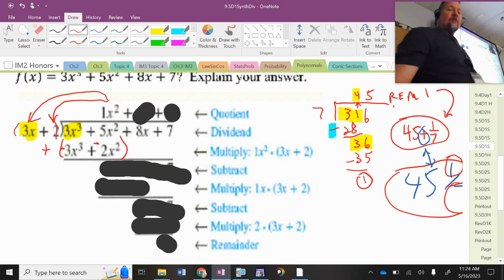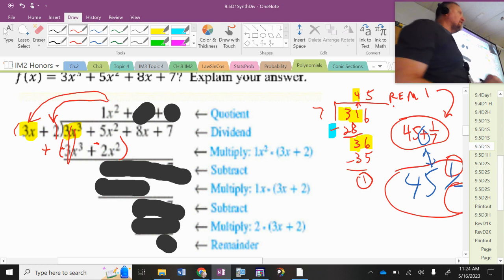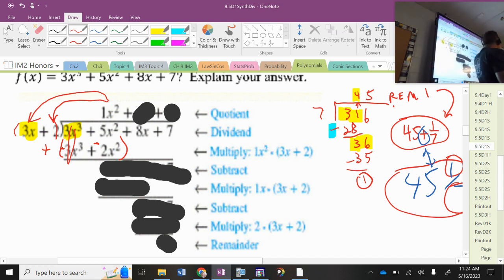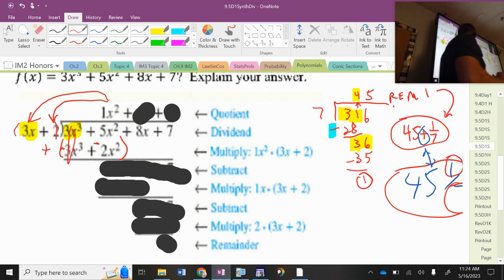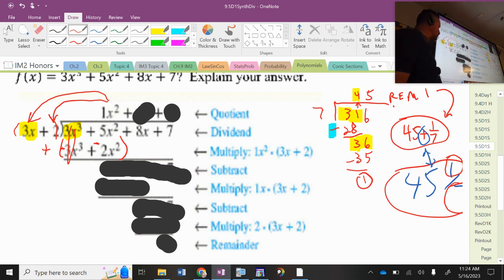Now, the reason you subtract, this is supposed to go away, just like you're trying to get rid of 31. You knock down 31 at least to a number less than 7 over here. Here, at least you're getting rid of a column of terms. We're getting rid of the cubes. Then Mary set up